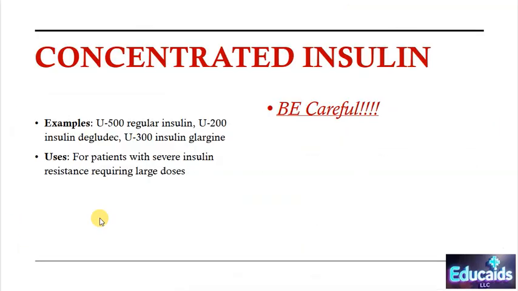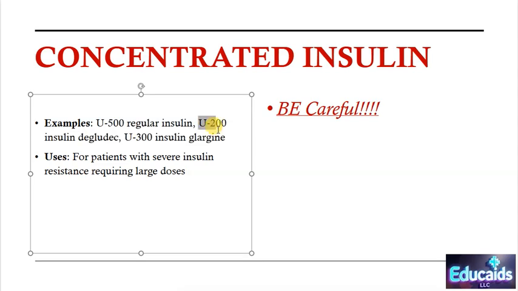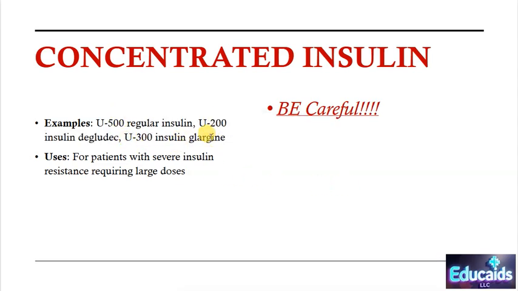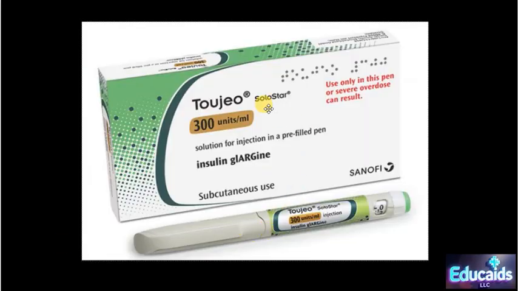So that's what it's talking about right here. And then 300 unit insulin Toujeo. So Toujeo is more like your Levemir and Lantus. I'll show you a picture here. So this would be similar to Lantus and Levemir, but instead of the 100 units per ml, it's 300 units